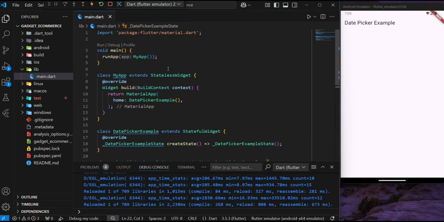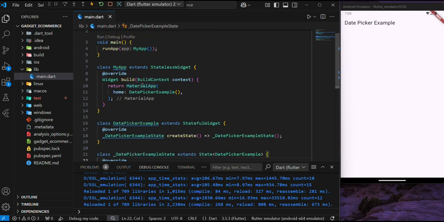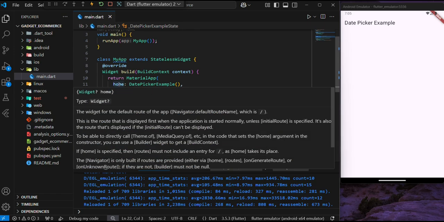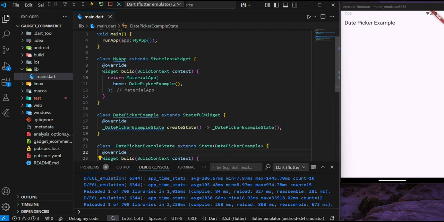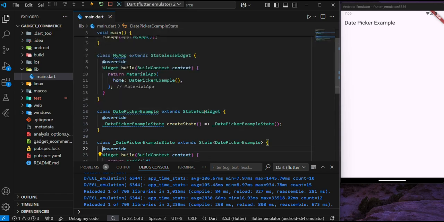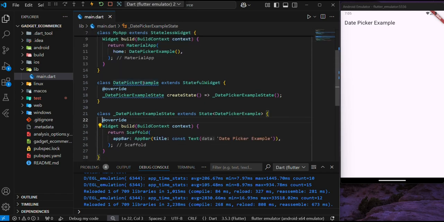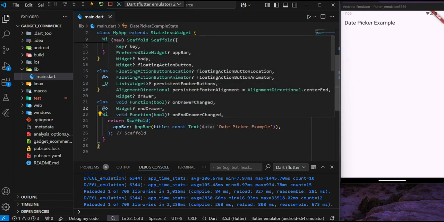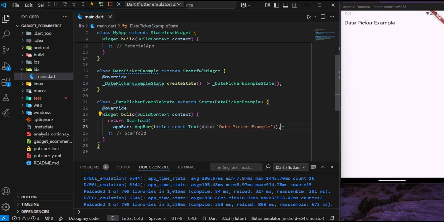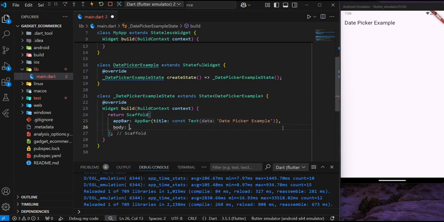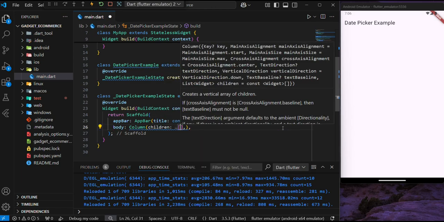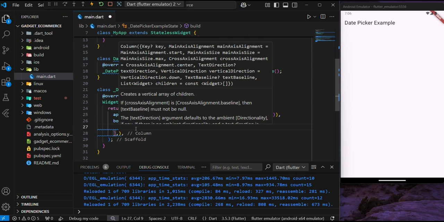So to do that, I have on my screen here the void main method and my runApp method. The runApp method takes my app widget, which is a stateless widget, returns MaterialApp, and has a home parameter, which takes the DatePickerExample widget, which is a stateful widget. This DatePickerExample returns a Scaffold. Inside the Scaffold, I'm going to be adding the body, and then I'm going to make use of the Column